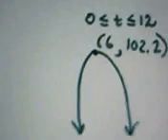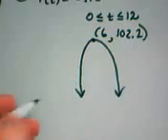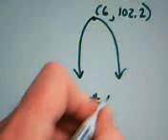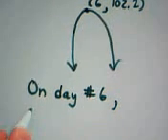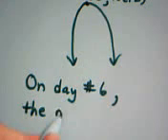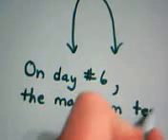Well, what that means, if we interpret that answer, is that on day number 6, that's what the x value represents, on day number 6, the maximum temperature of, and now the y value comes in, 102.2 degrees Fahrenheit